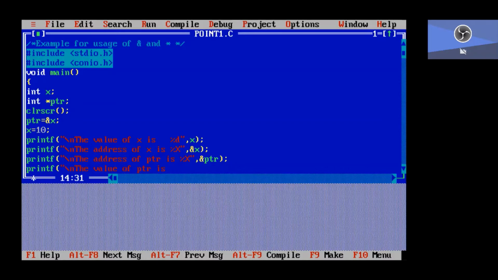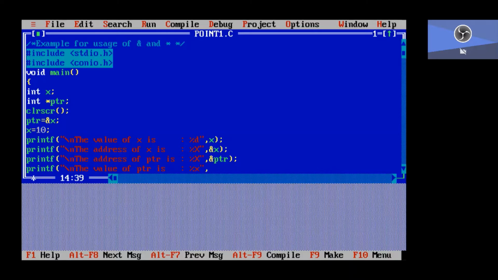What does ptr contain? ptr contains the address of x.